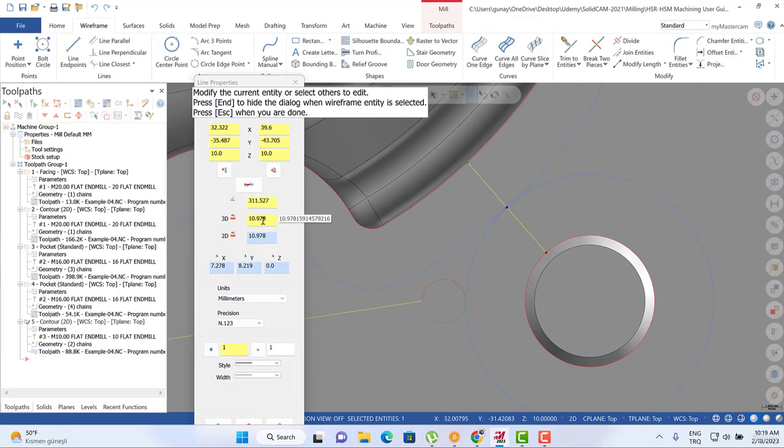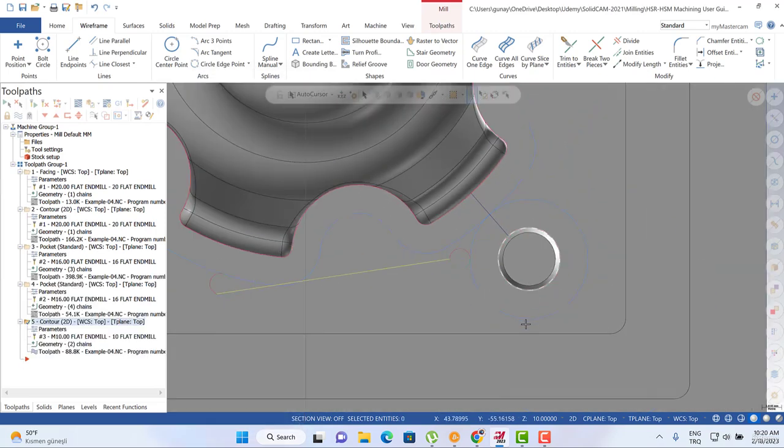Oh, this is actually 10.9, and that means that we're gonna cut a little bit actually. So if you accept that tolerance, it's okay. I mean that this is the roughing process, okay? So 10 millimeter is enough for us, but we can also add